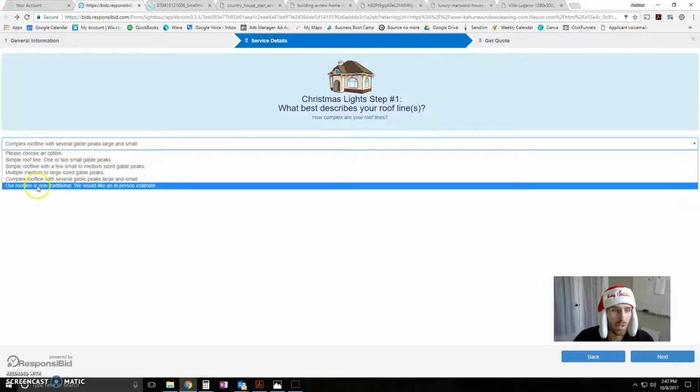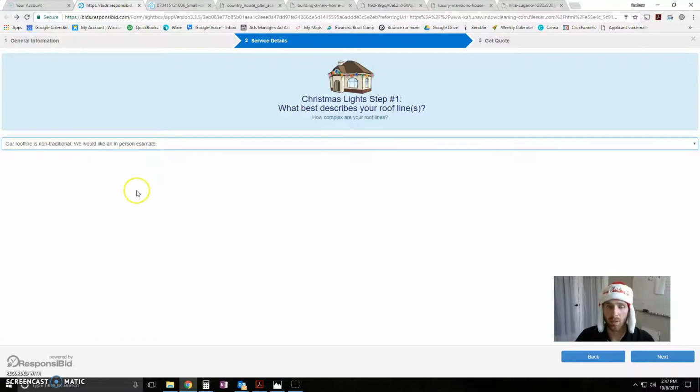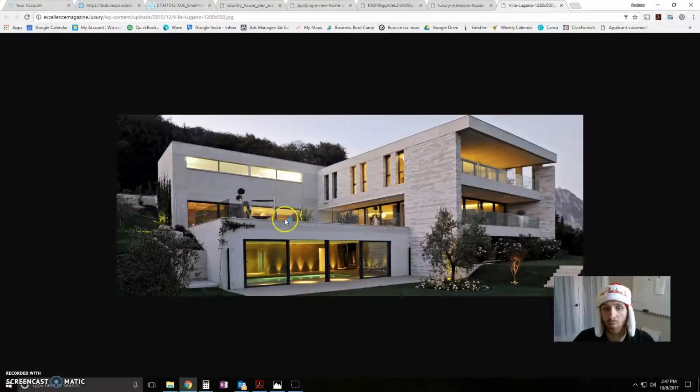And the fourth option is our roof line is non-traditional. We would like an in-person estimate. So if your house doesn't look like any of those that we showed, if your house looks more like this, very non-traditional or contemporary, or anything like that, you'd want to select the fourth option. You won't get a price today. However, we'll have your information. We'll schedule an appointment to come out and take a look at your house, and we'll get you the most